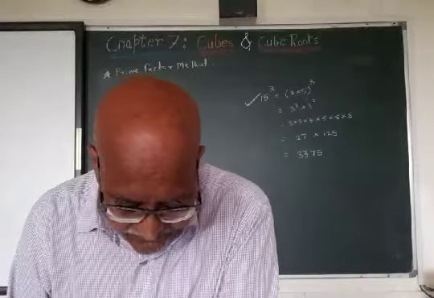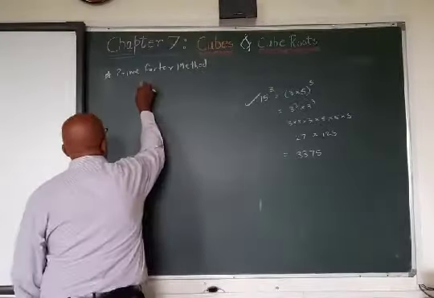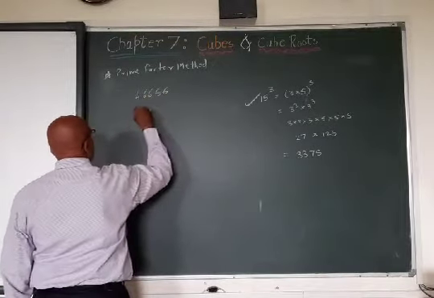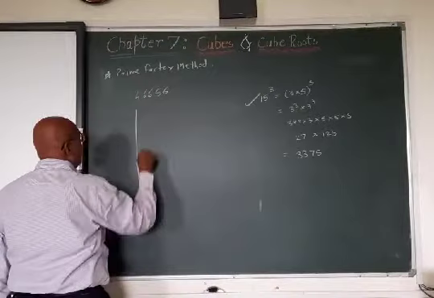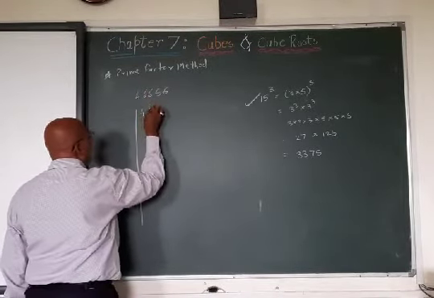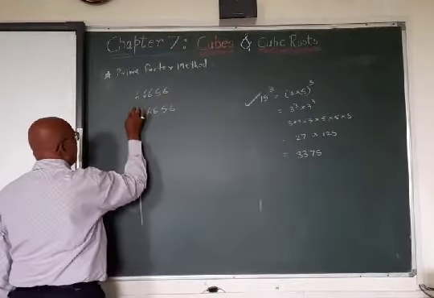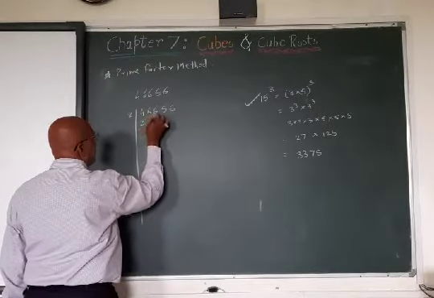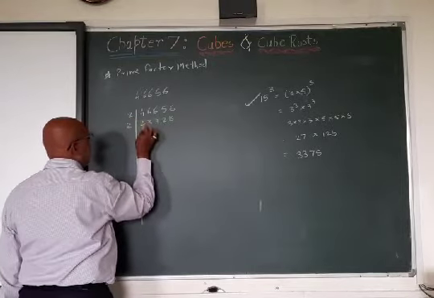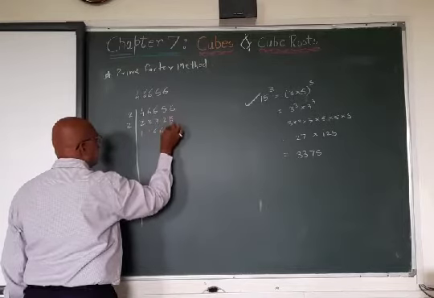For example, I will take the biggest number here, 46656. Now, doing the prime factorization method, I will find the prime factors of this. It is divisible by 2. So 2, 3, 3, 2, 8. Again 2, 1, 1, 6, 6, 4.